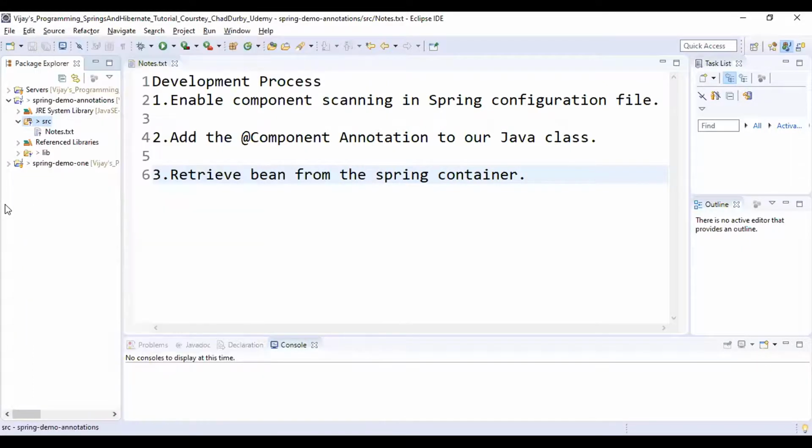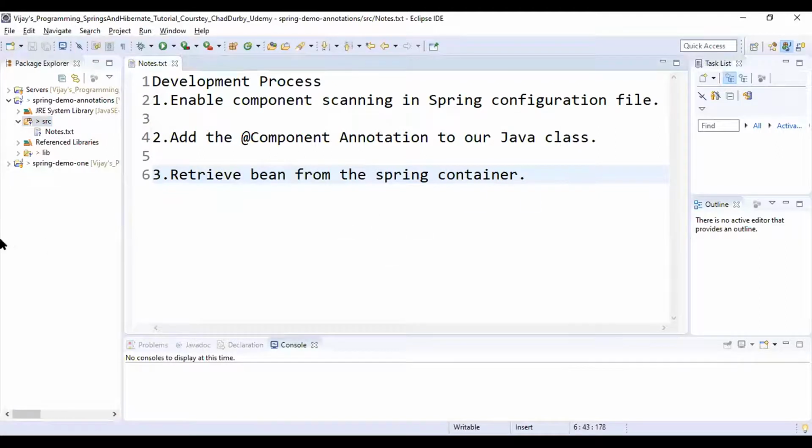Before creating a package, we need to keep the configuration file inside the src. For that, we need to copy the configuration file from one of the projects we created previously, that is Spring Demo 1.